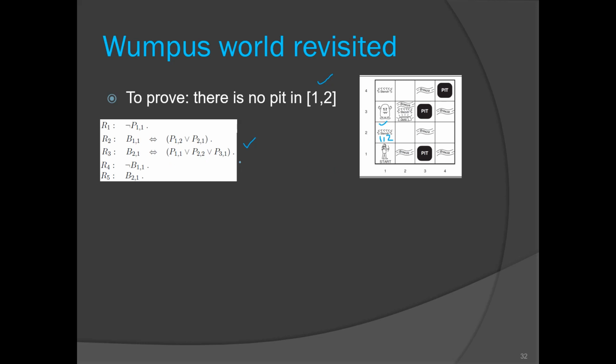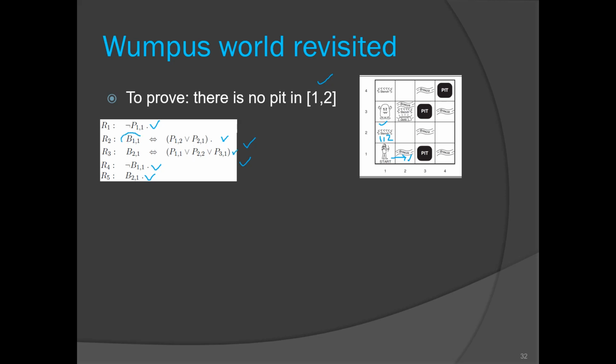And we have seen this partial knowledge base that our agent has created. So he has moved from location 1 comma 1 to 2 comma 2 here. Now he knows that there is no pit at location 1 comma 1, there is no breeze at 1 comma 1, and there is breeze at 2 comma 1. So these are the known facts, facts known to our agent.